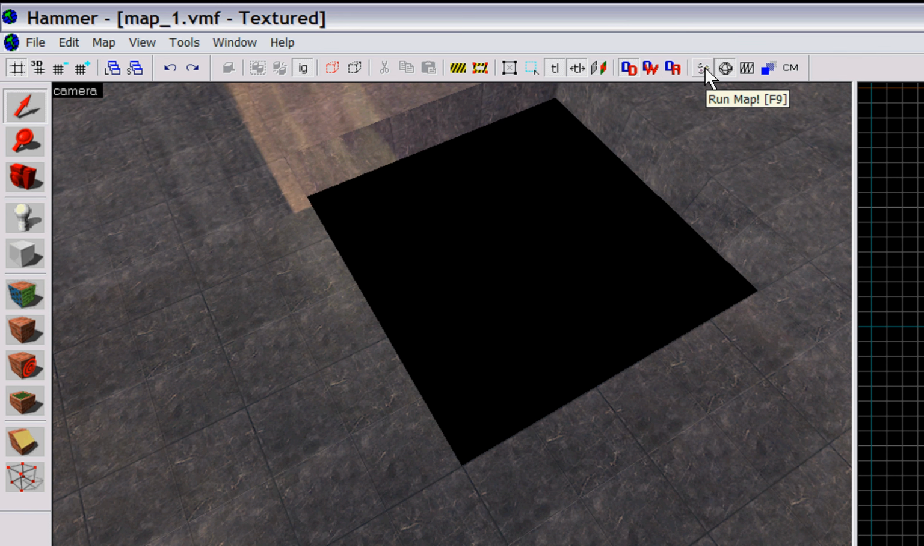Here is a compile or run map, the shortcut for which is F9, as I've already